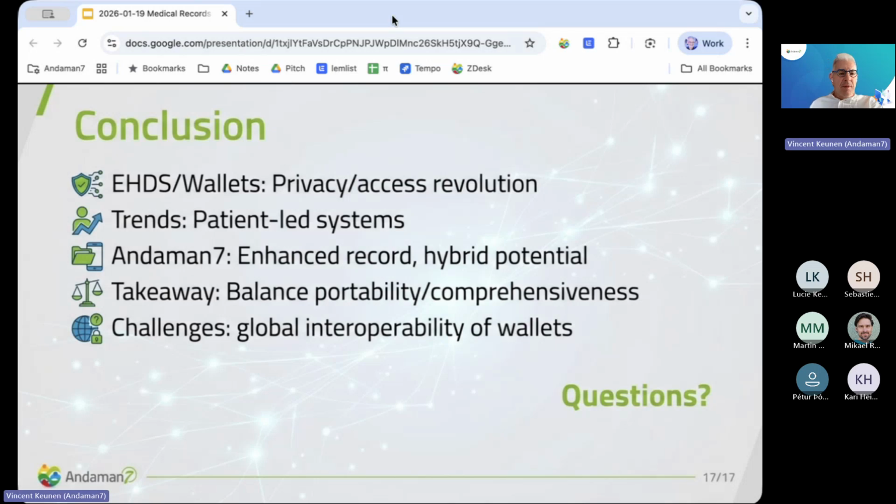So as a conclusion, wallets are great for identifying patients, so authenticating their identity and qualities. It's very important for privacy and for avoiding fraud. There's a very strong trend, and we like that, and we are part of that trend of having patients-led systems, not only provider